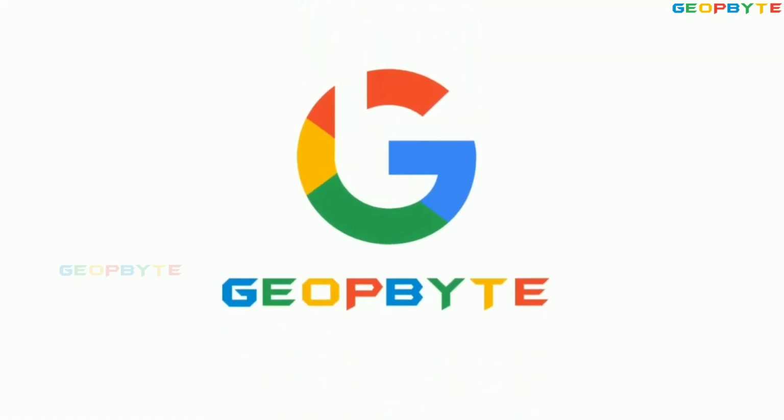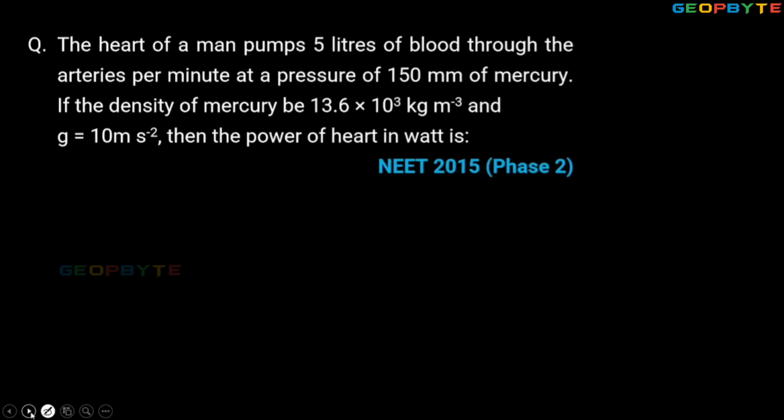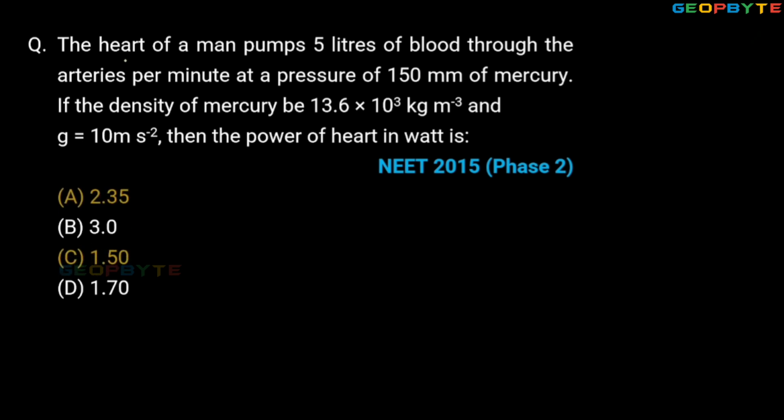Geobyte. Let us take another important problem. Look at this problem. The heart of a man pumps 5 liters of blood through the arteries per minute at a pressure of 150 mm of mercury. It is given that volume flow rate,